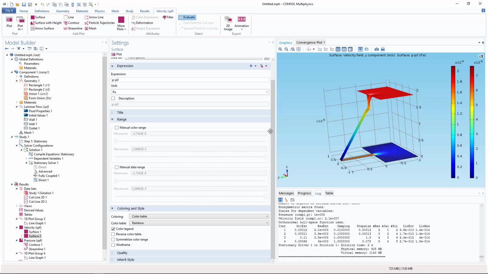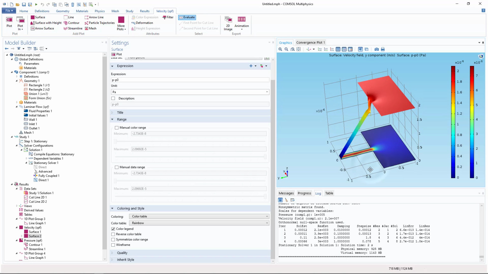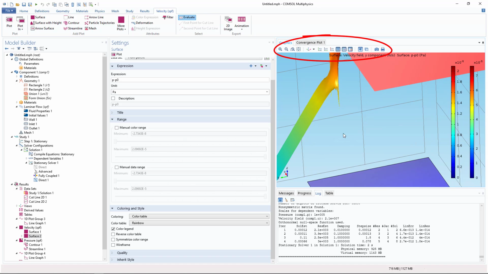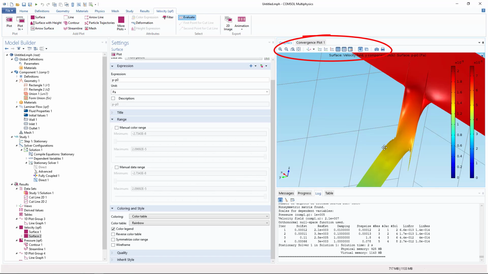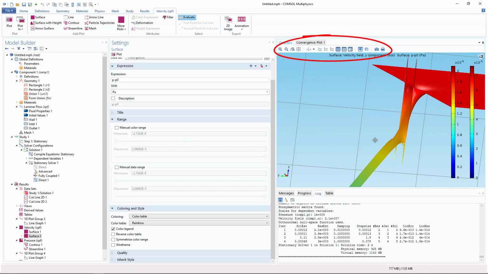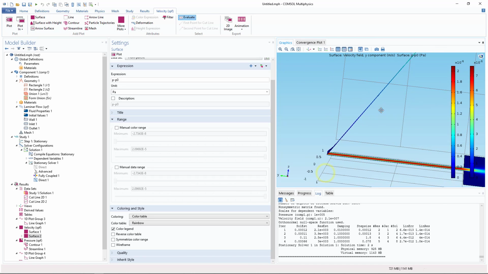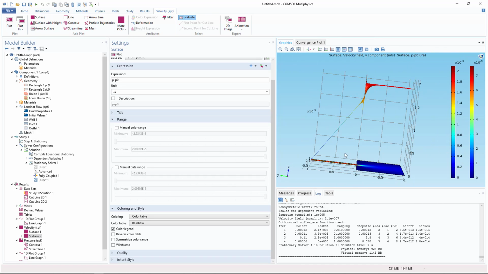FYI, you can rotate 3D graphics by clicking and dragging with the left mouse button. The right button still pans so you can recenter. Don't forget to explore all the buttons above the graphics windows for more information and options for recentering, selecting things, etc. Finally, because we so carefully defined our inlet velocity as a parameter in the beginning, we can now take